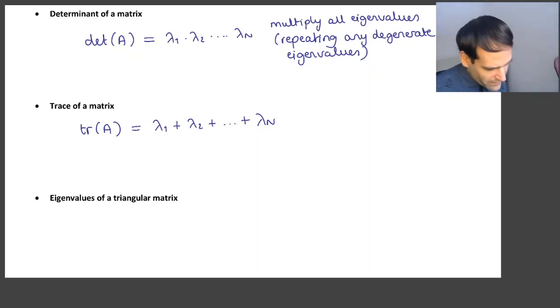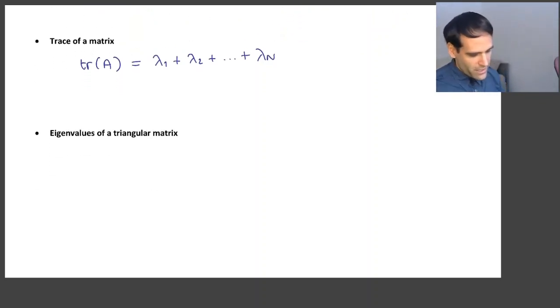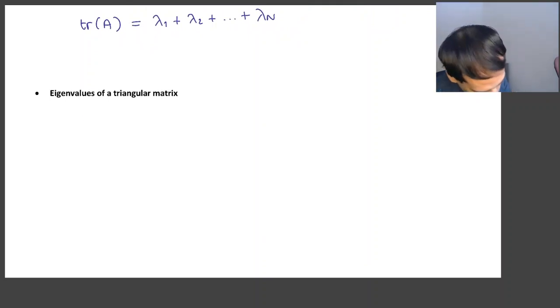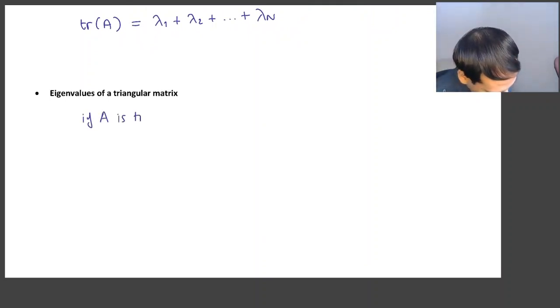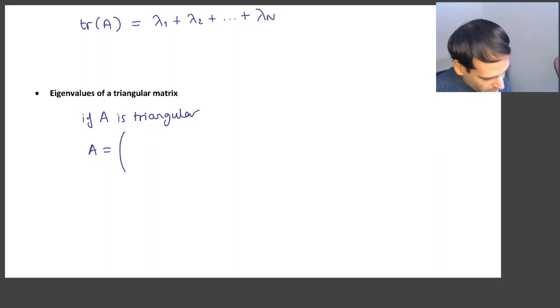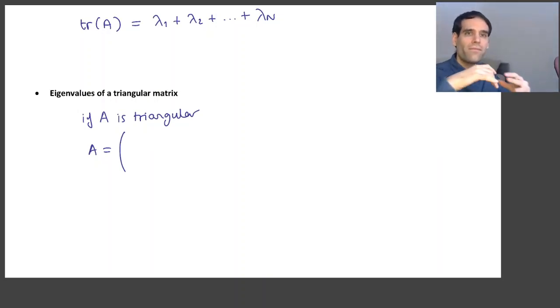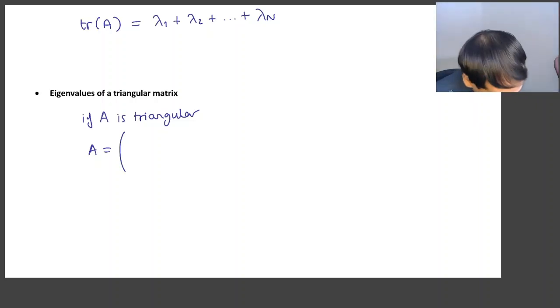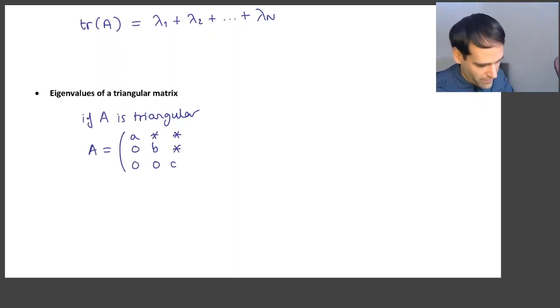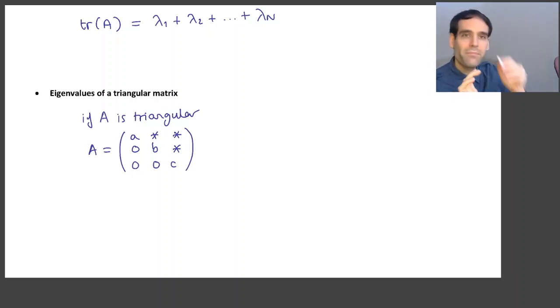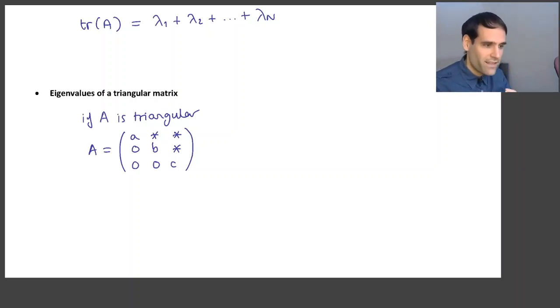Okay, and finally, this has a very interesting consequence. If a matrix is triangular, so remember, a triangular matrix was one that had zeros all above or below the main diagonal. For example, an upper triangular matrix is a matrix that has some numbers that might or might not be zero, and then it has zeros all below the main diagonal. This is a triangular matrix. You remember that the determinant of a triangular matrix was simply the product of the elements of the main diagonal, right? And the trace, so we know